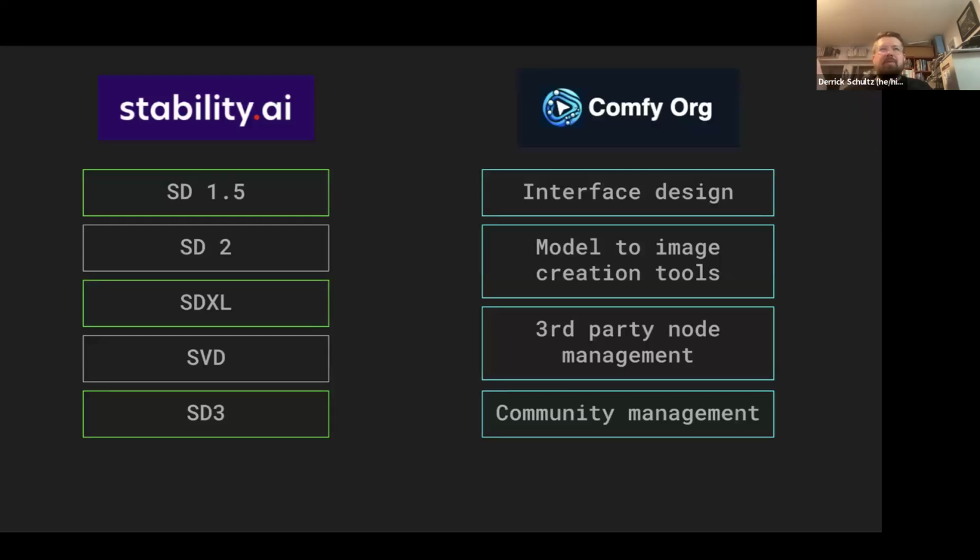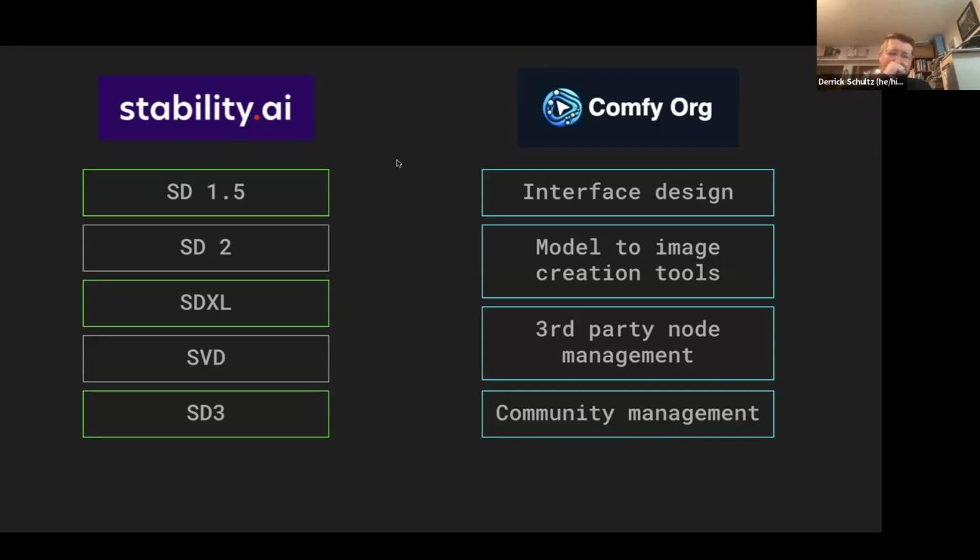Because they're an open source team, they have an open source adoption system where anyone can submit a node, or you can download nodes that are not officially recognized through Comfy, either through their management tool or through your own uploads. But they sort of manage the APIs that are utilized there. And then there is a community management side of this as well. They have built up a community within Discord and other places where they sort of help manage that community.